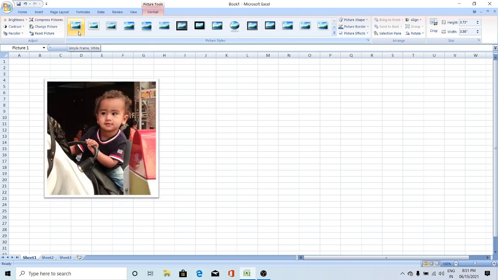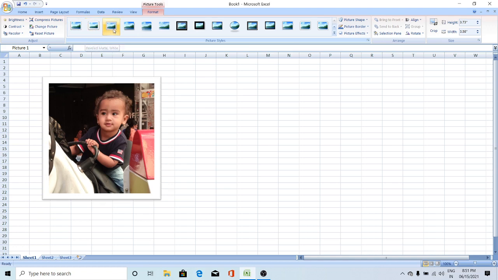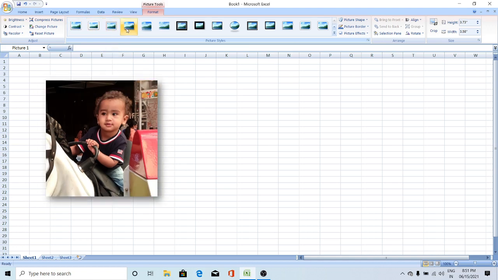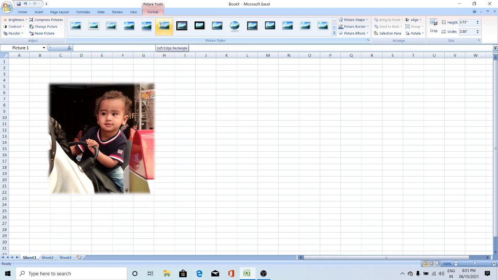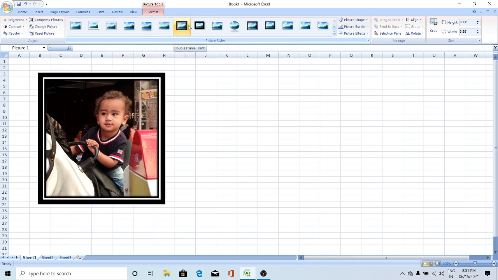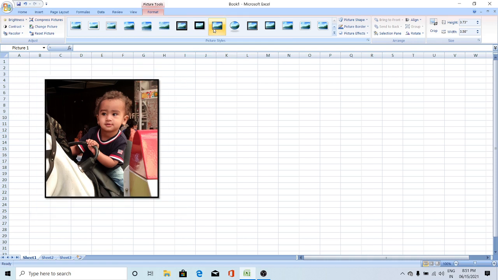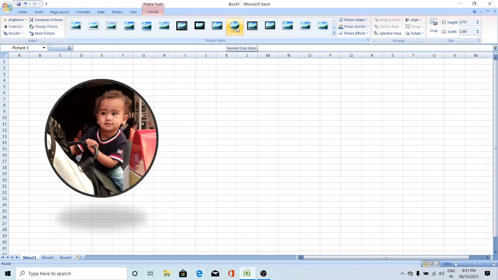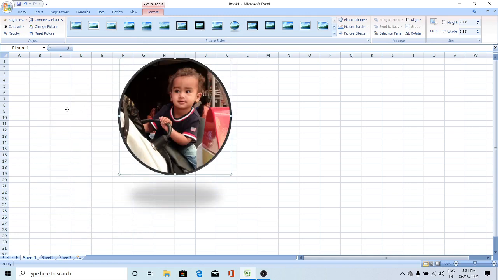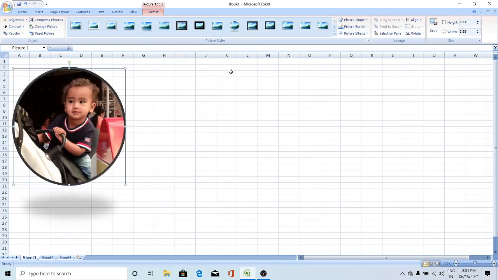Whenever I move the mouse pointer, the picture changes automatically. Like this, you can set effects on your picture. Whichever effect you want, you can set for your picture. If I want this one, I can press this one. If you want to make changes again, just move this, and it will change.